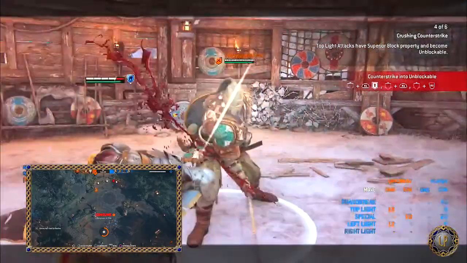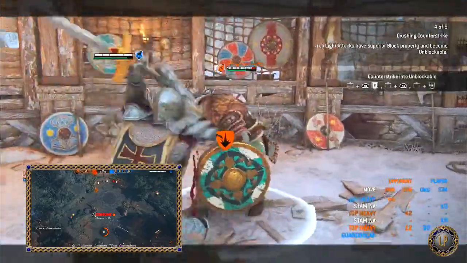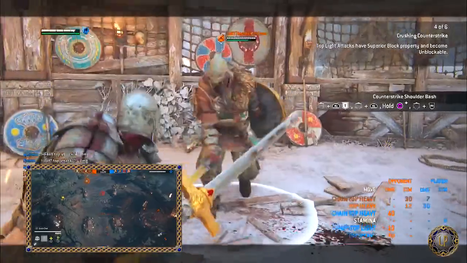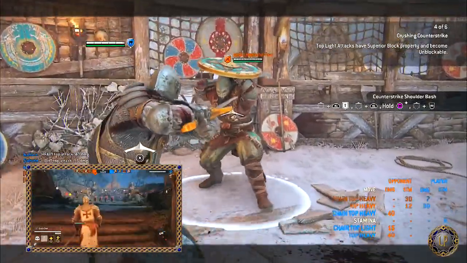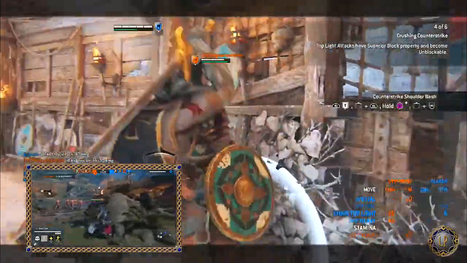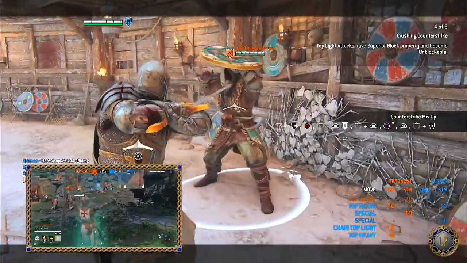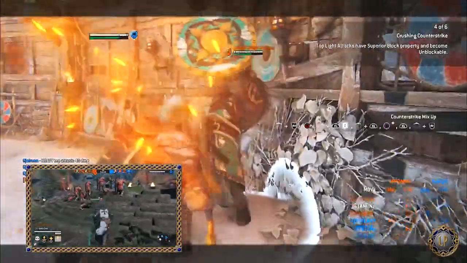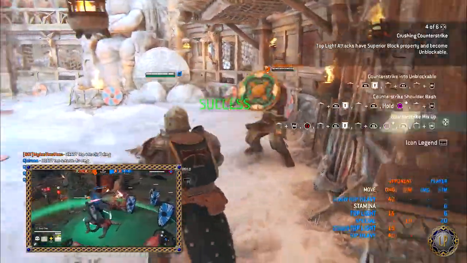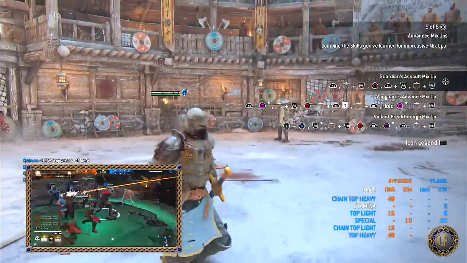Light attack to shoulder bash. So in this case, you'll press X, since we are on PS4, after any light attack to start charging into a shoulder bash. Shoulder bash cancel, which you'll press circle to cancel, or pretty much any feint that you want to do within For Honor's circle on PS4, of course. And then the shoulder bash chain: if a shoulder bash successfully hits an opponent, Warden can immediately begin a chain starter. And then finally,